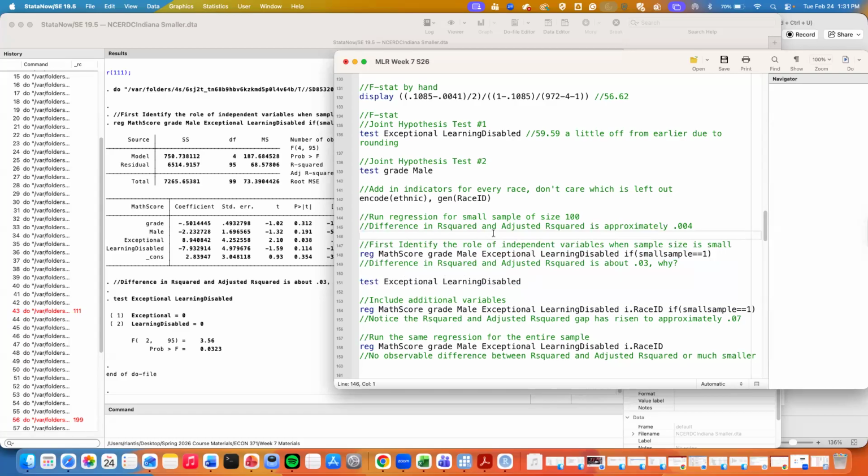Now, one thing I also wanted to point out here, just to once again start revisiting some old concepts that we talked about. So we can do this joint significance test, but we can also compare something else we talked about. So when I'm running these models,